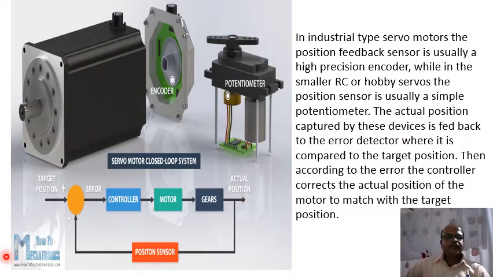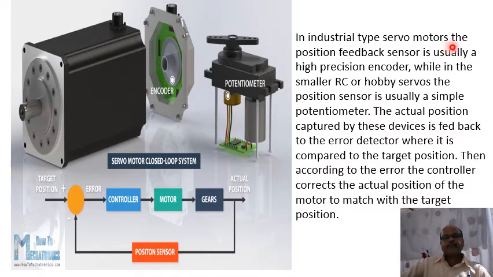So this is an industrial example of the servo motor closed loop system. So this is an encoder. Potentiometer is generally used as shown in this figure. So this is a comparator. Okay, target position or input signal is given. This is a position sensor. Feedback loop is formed like this. So feedback sensor output and this target or input signal is compared and given to the servo motor.